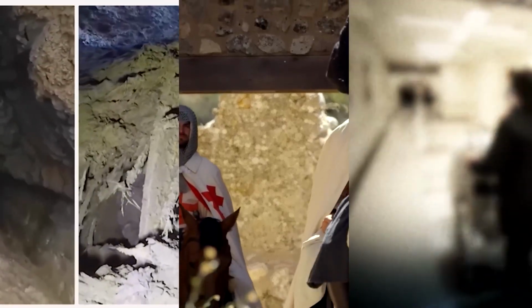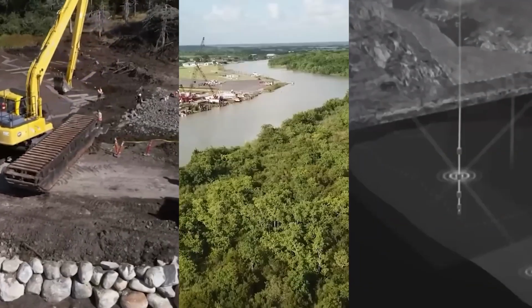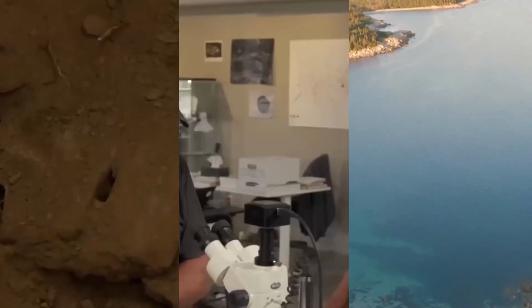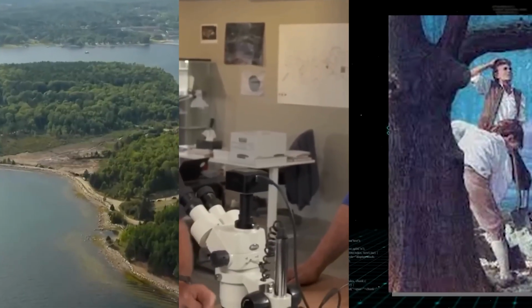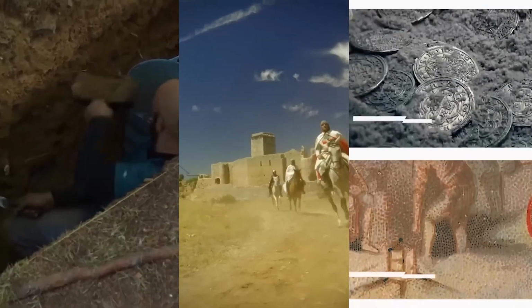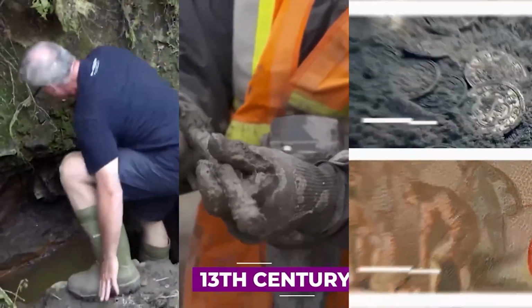Theories about the builders range from infamous pirates like Captain Kidd to the Knights Templar, possibly hiding sacred objects from the Holy Land. Another theory proposes that the British military constructed the tunnel in the 18th century as a secure storage for their valuables. The story of the Money Pit began in 1795 when young Daniel McGinnis observed an unusual depression in the